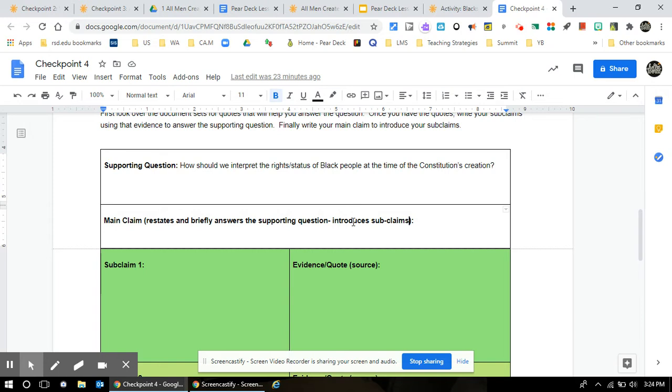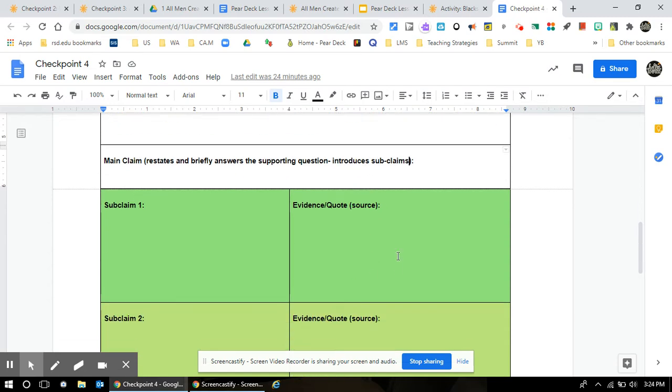I recommend, though, that you work backwards. You know what the question is. So as you're going through the sources, the two different documents, look for quotes you can pull that have a theme around them or an idea that you could use as a statement. Once you found some of those, put the quotes in and then figure out what those quotes are actually telling you. What statement can you make based on those quotes? So that would be your subclaim, the statement you can make. And then the quotes defend that claim.